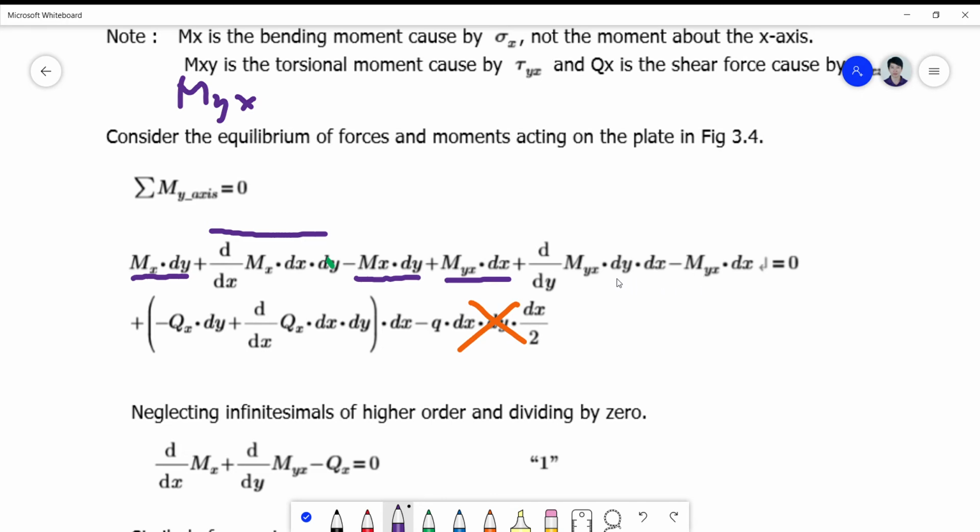So this is now your value here. So Myx dx plus this one and this one here. And of course your Qx and